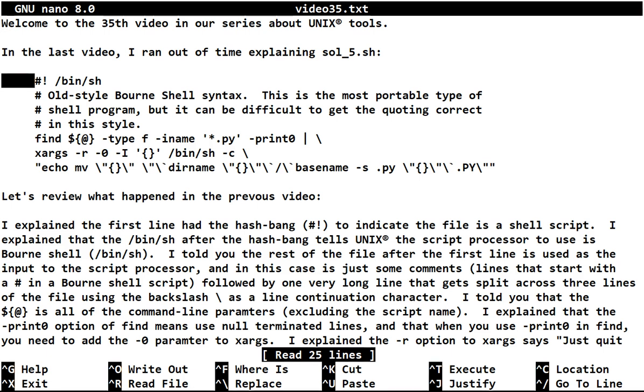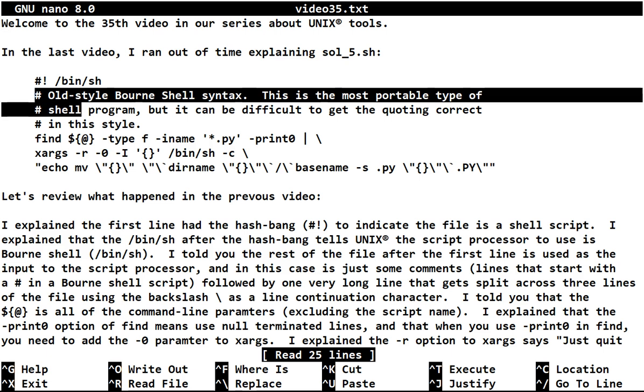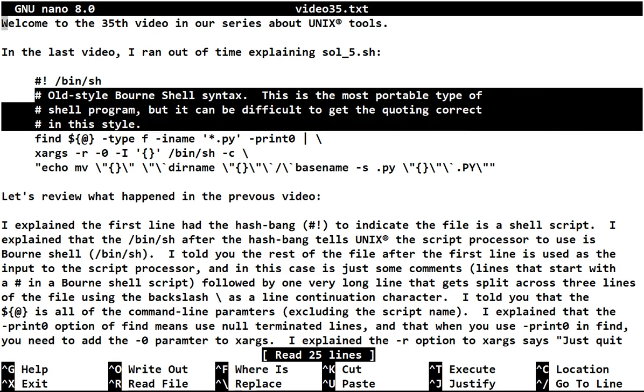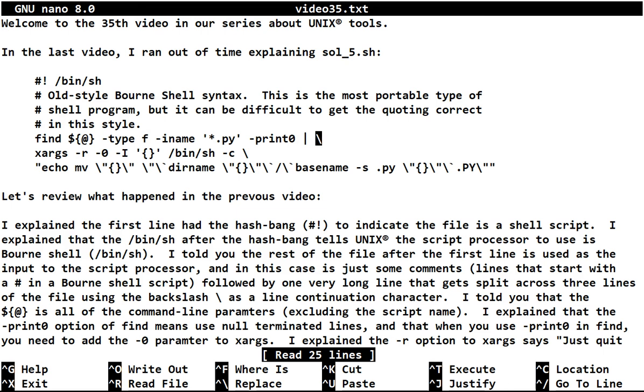I explained the first line had the hash bang to indicate the file is a shell script. I explained that the /bin/sh after the hash bang tells Unix the script processor to use is Bourne shell. I told you the rest of the file after the first line is used as the input to the script processor, and in this case is just some comments, these 3 lines, followed by one very long line that gets split across 3 lines of the file using these line continuation characters,